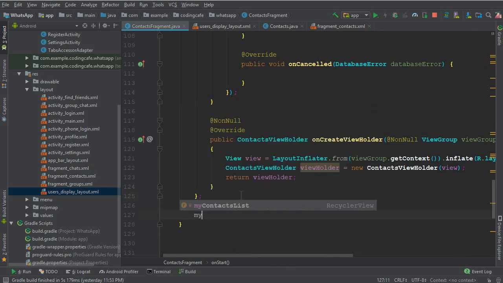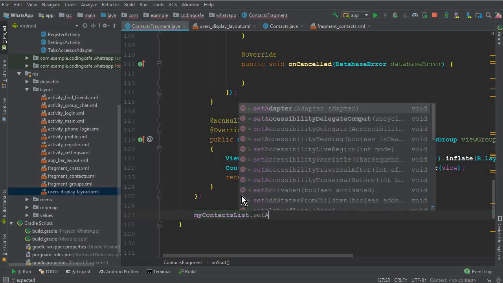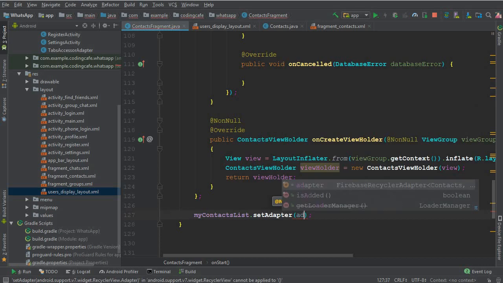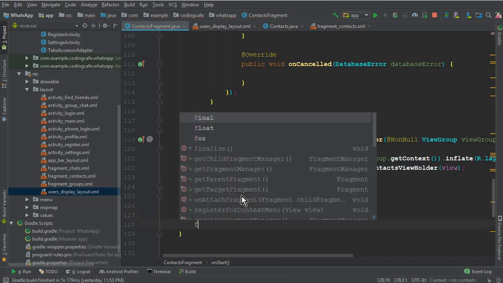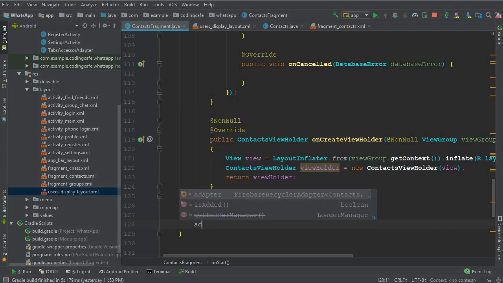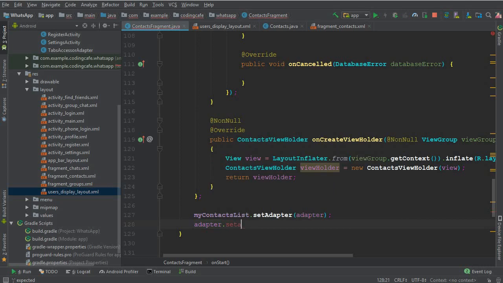So here we have to set our Firebase Recycler adapter on our Recyclerview whose name is my contact list, and we can say .setAdapter to the adapter, which is basically our Firebase Recycler adapter name. And then we have to start listening for the Firebase Recycler adapter whose name is adapter.start